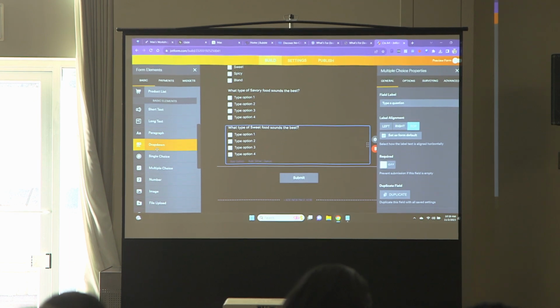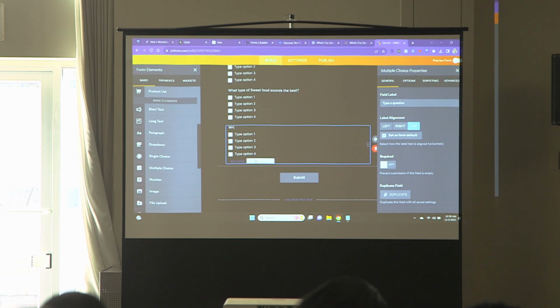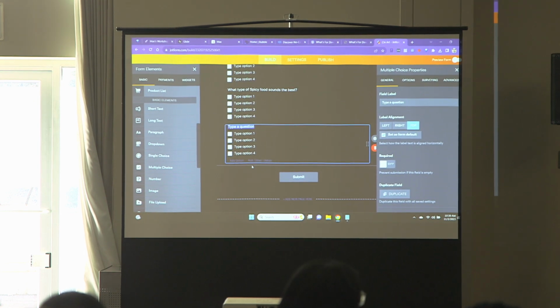And this is obviously very rudimentary. You would layer this out a whole bunch more. What type of spicy food sounds the best? But with a couple of layers, that'll fully explain how you would do this. There's nothing left that you would need. There's no other tools you would need. There's nothing else. Yeah, what you got?